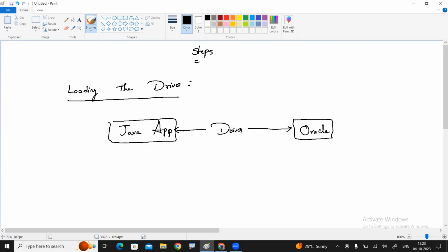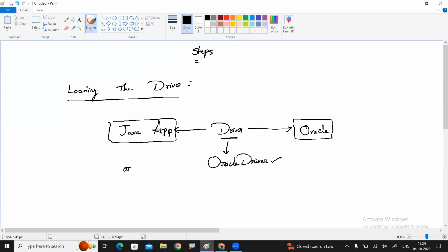And among the questions about this driver, they will ask, tell me what is the Oracle driver name? Here, OracleDriver is a class. Every word starts with a capital letter. Simple questions they will ask. What is a driver? A translator between the Java app and the Oracle database. Tell me the name. It's OracleDriver. In which package is it available?